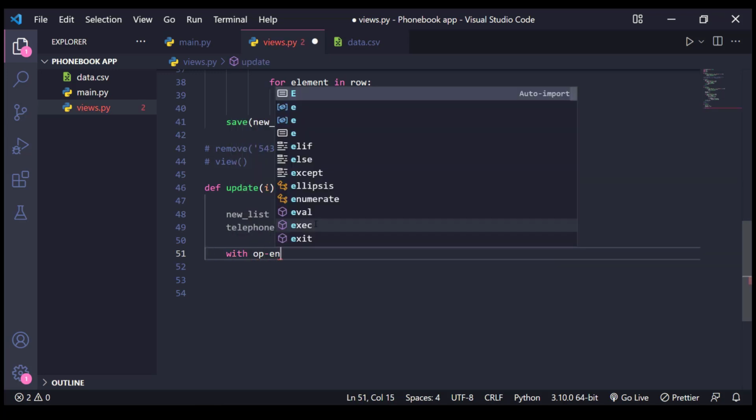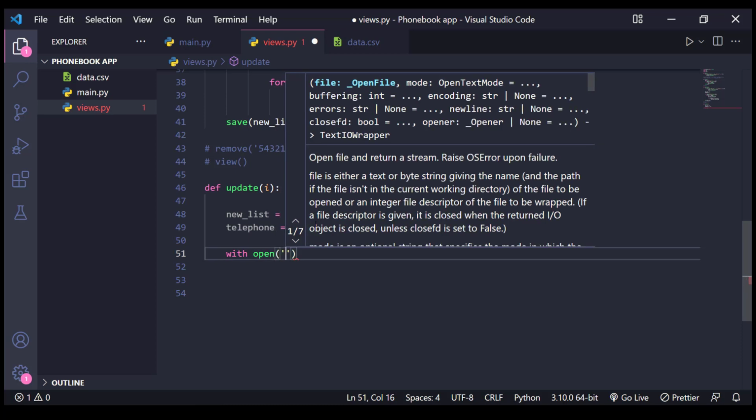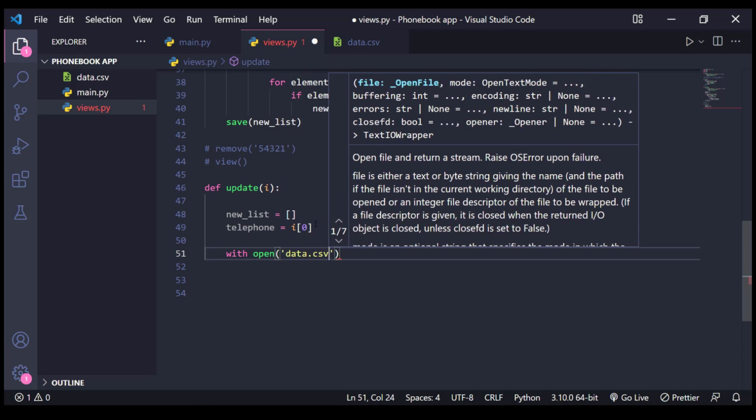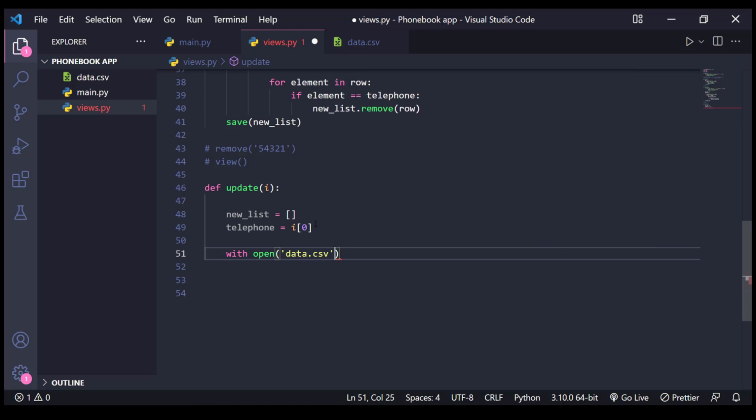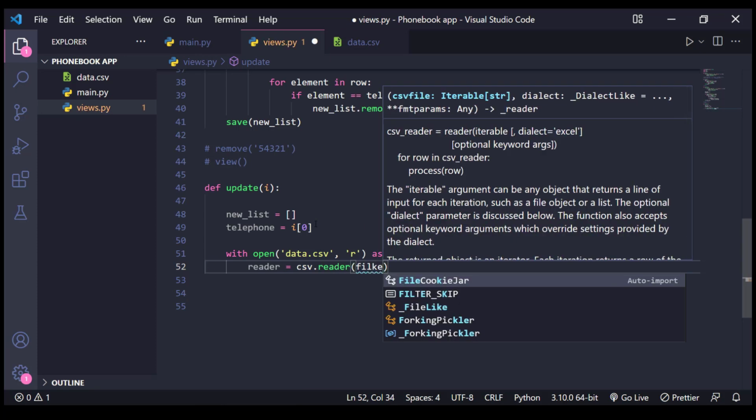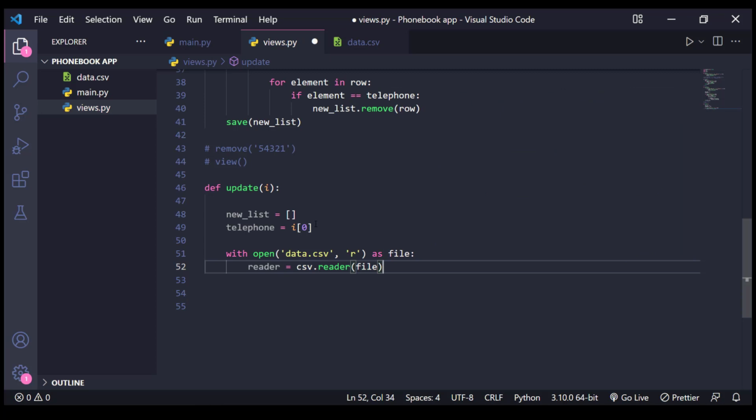So we'll open data.csv in read mode as file, just initialize that reader equal to csv.reader of file, and for each and every row in reader